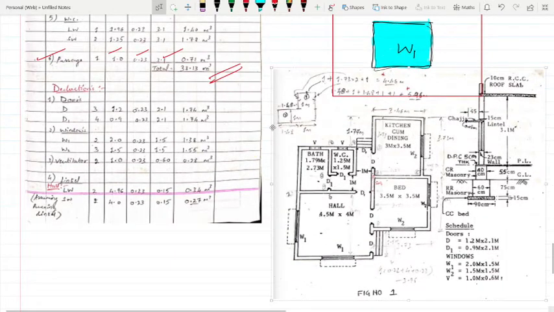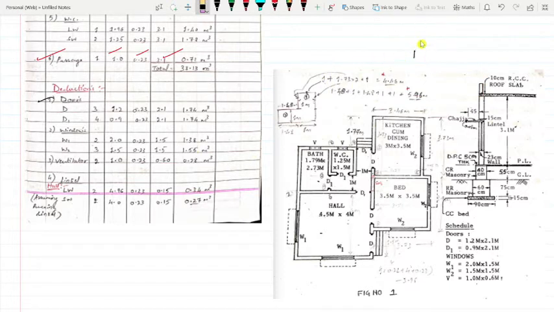See, deductions. First one, doors. First door deduction. We will not calculate this in a separate way; directly we calculate the quantities of all the portions. For D, in the total plan, how many D type of doors are there? Only D.